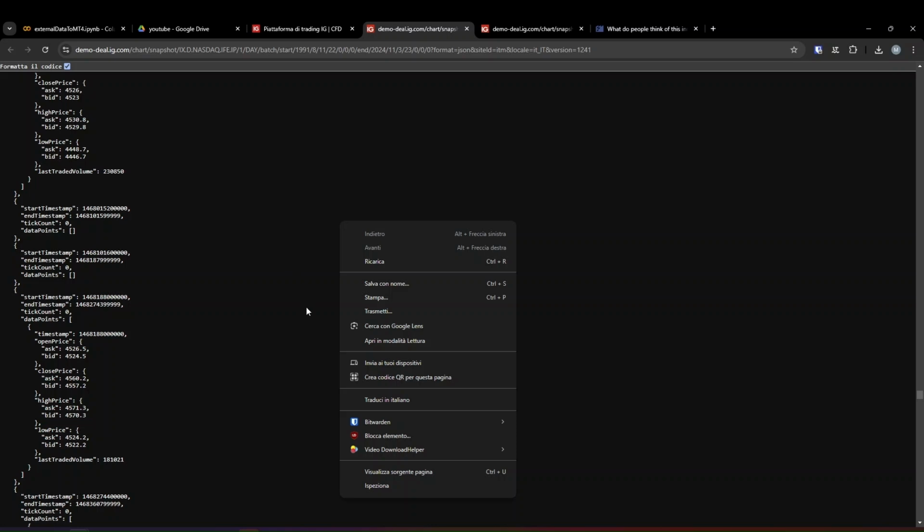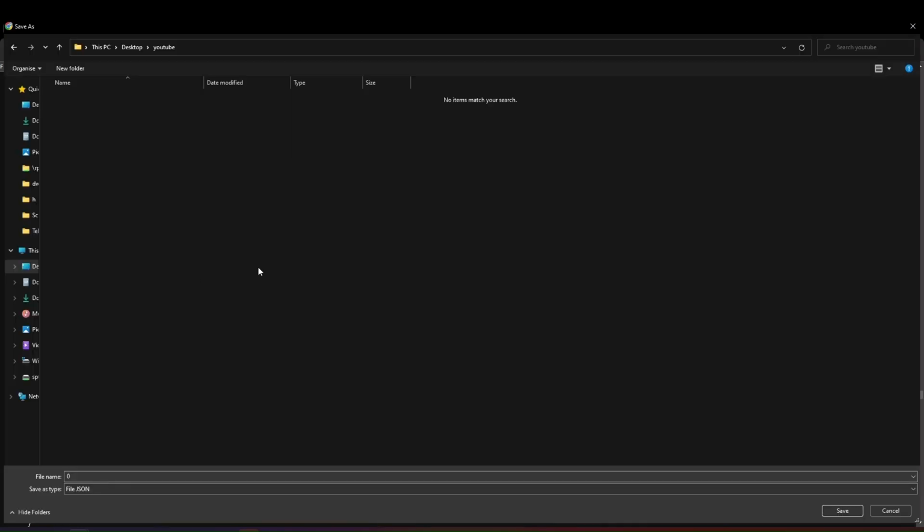So what I can do is just right-click, save as. After you right-click it, you're gonna be asked to save your JSON file somewhere, and I'm gonna save it as, for example, just an example, like NASDAQ. I know it's daily volume because the time frame was daily, but of course you can choose any time frame you want. So daily. Let's say volume, so I don't forget it's my volume data. Save it,